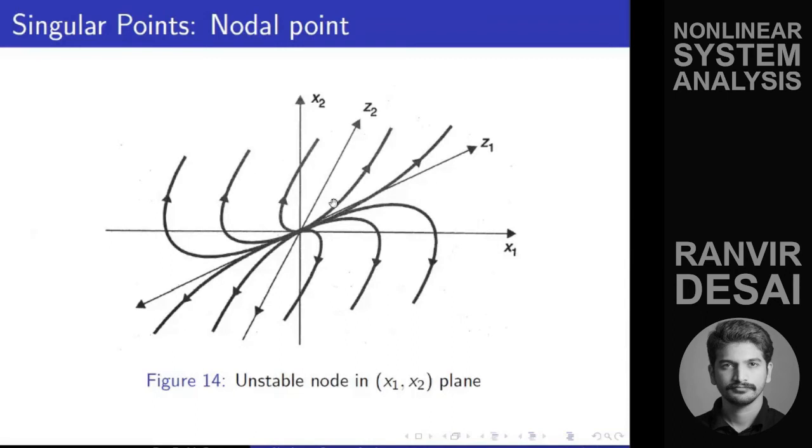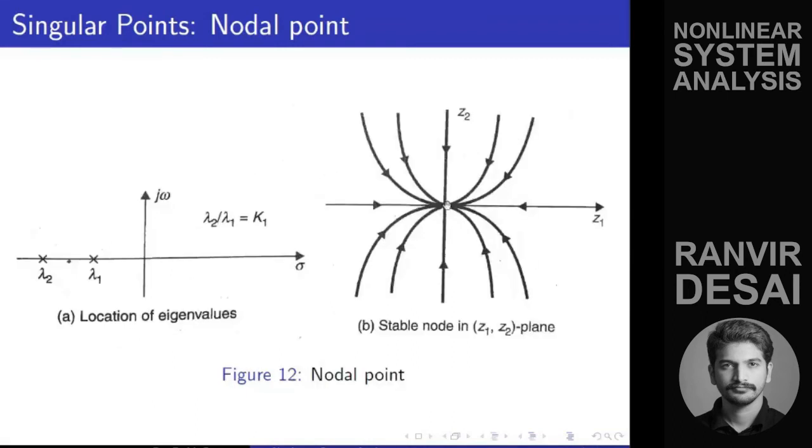So instead of this also, you may draw this figure, just so that it becomes simpler for you. All these arrows will be going outward. Wherever you start, this x1 and x2 or z1 and z2 will blow up, they will go on increasing from that point. They will not decrease at all.